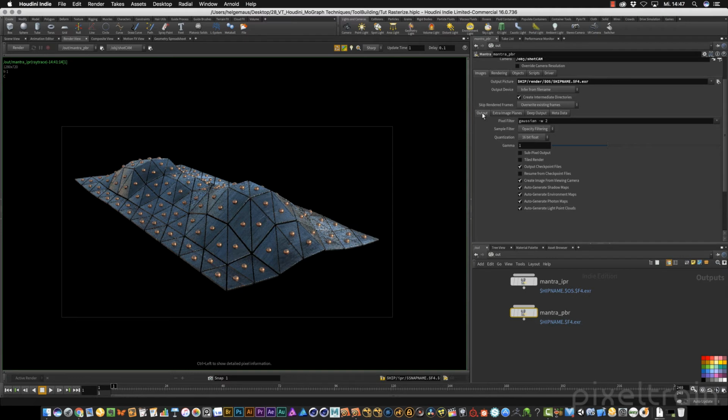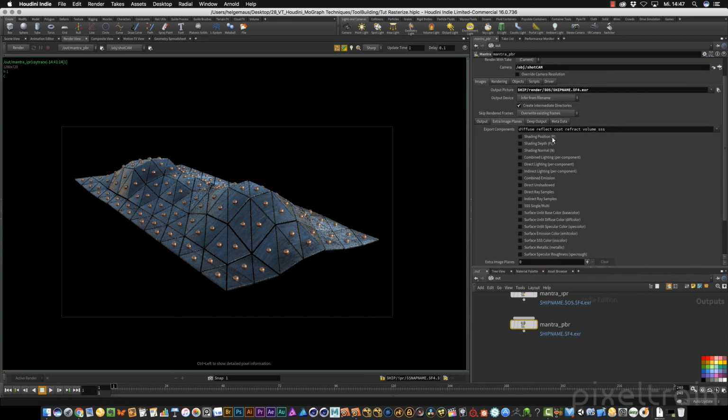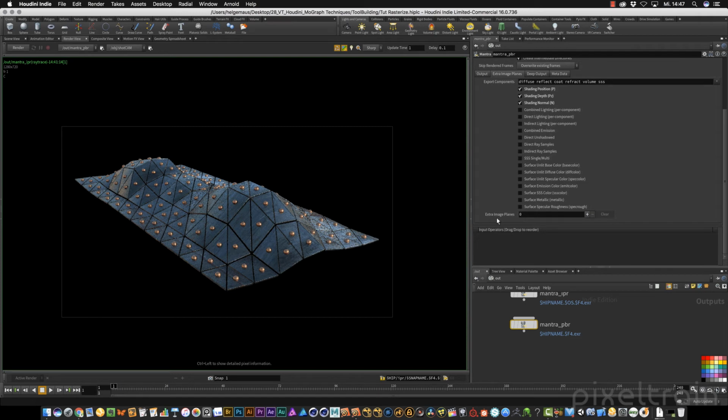Let us go back here to the output. We need image planes. Image planes is multipassing or AOVs. You have some standard AOVs if you like them. For example, position pass, depth pass, for later making depth of field effects, normal pass, and so on. But it seems that this list is really short. But if you want to have more, you can go here and add more image planes, extra image planes